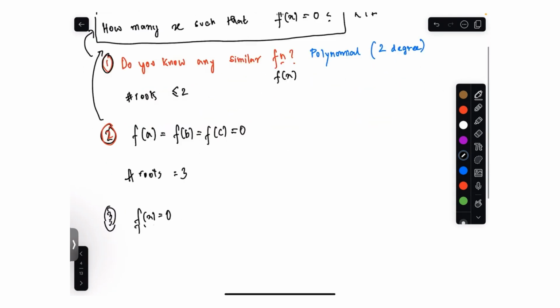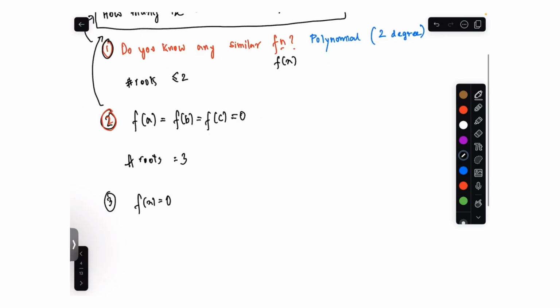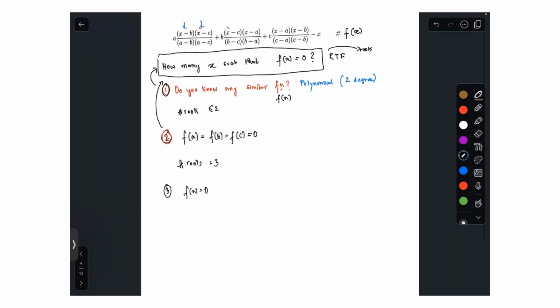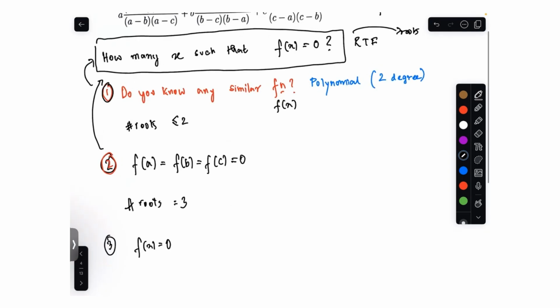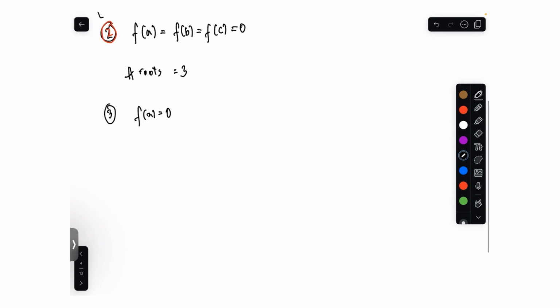So this is a result: if a polynomial has n roots but you find more than n roots, that means the polynomial is 0. You can easily prove that, it's very simple to prove. If the polynomial is 0, then it has infinitely many solutions, because whatever you put in, the output will be 0. So therefore infinitely many roots. The only statement that we used is that if a polynomial f(x) of degree n has more than n roots, then